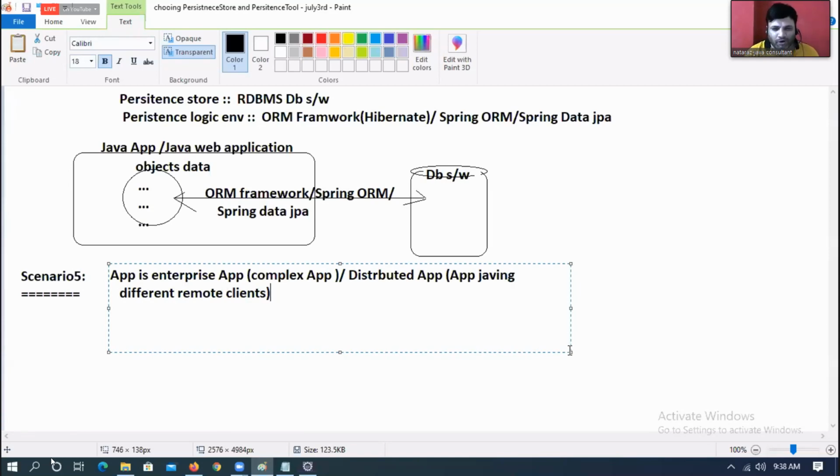Are you feeling bored with my discussions? Are you really feeling it's a theory? If you are feeling it's a theory, I am helpless, boss, because there is no coding without concept. Fine, there are some irritating people who expect day one itself coding. No. First learn, first get the clarity where to use what.